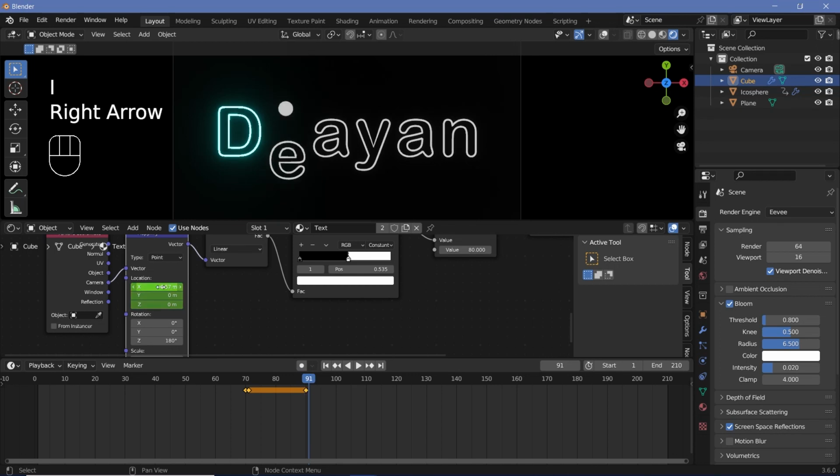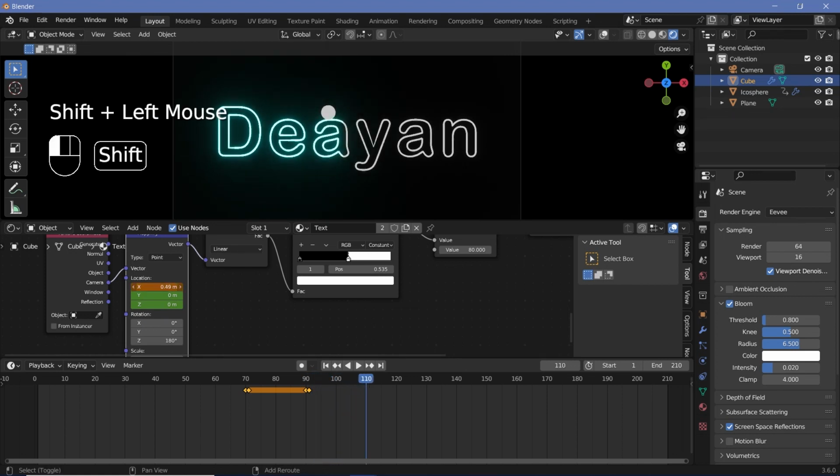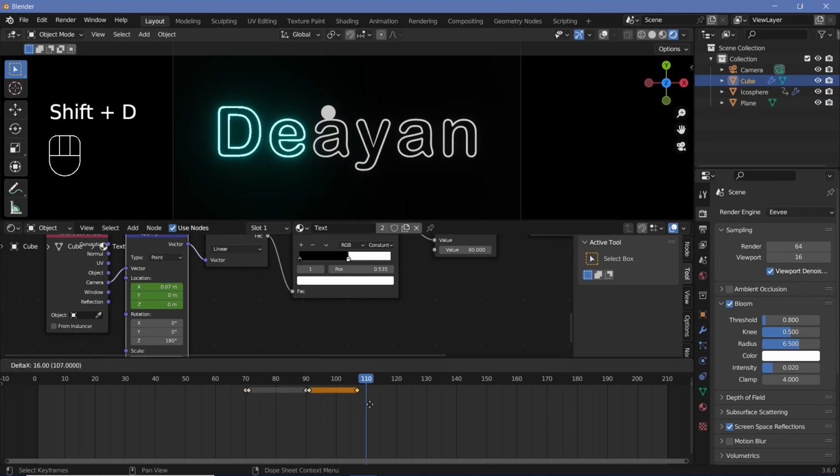Then we'll go to frame 91 and increase this till just the E is lit, and then we'll press I. We'll continue doing the same for all of the other letters as well. So let's go to frame 110, keep it at the same place, and if you've changed it, just select this and press Shift D and move it all the way to 110, and then go to frame 111, increase this